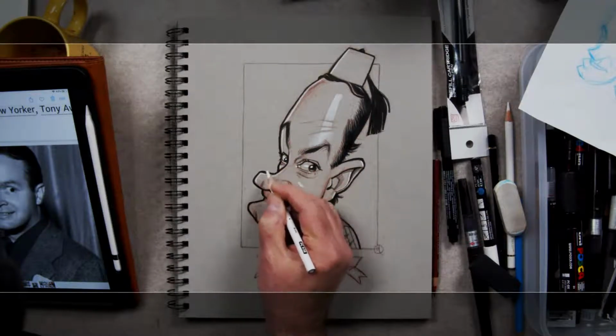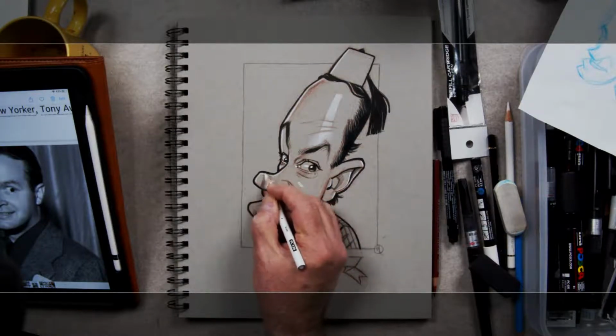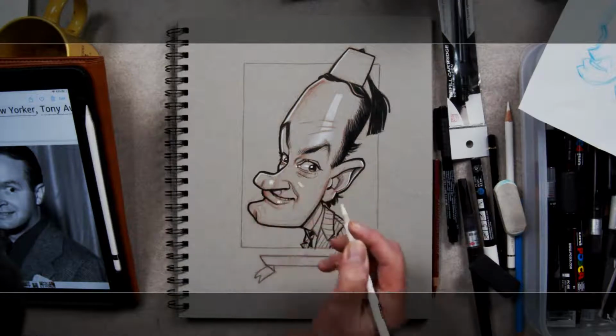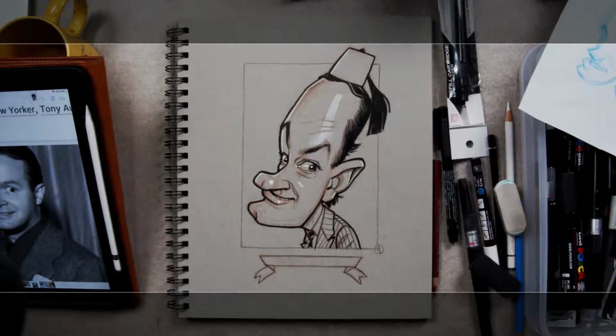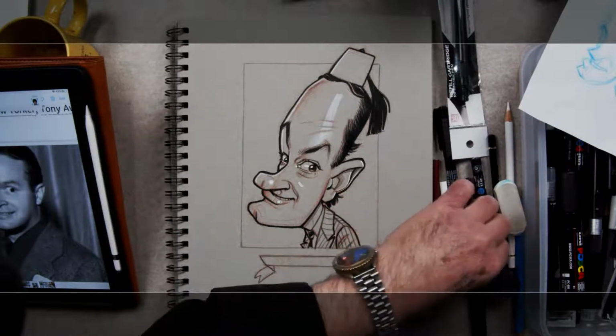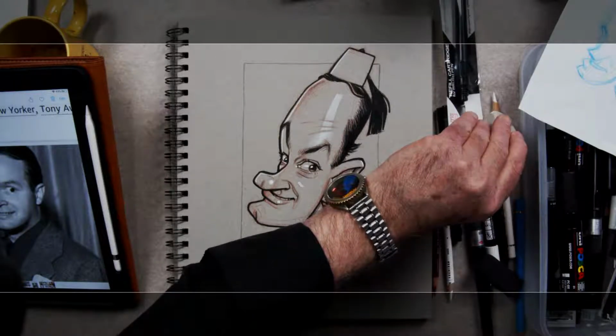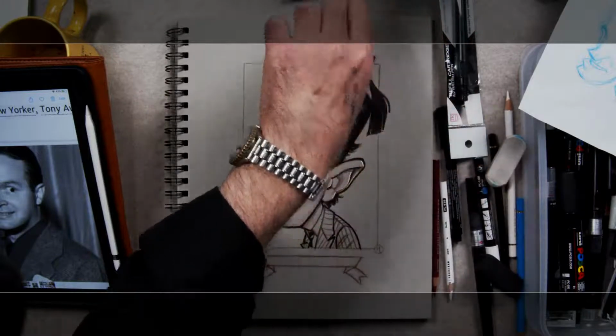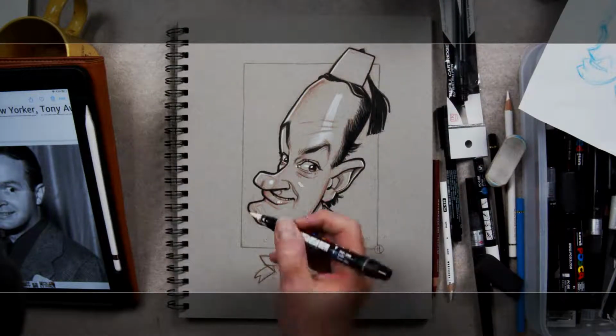What's going on here? Now it's reacting with the black pencil. I might have to fix that. That thick part looks a bit uncomfortably thick. Let's fix it. We'll fix it with this.